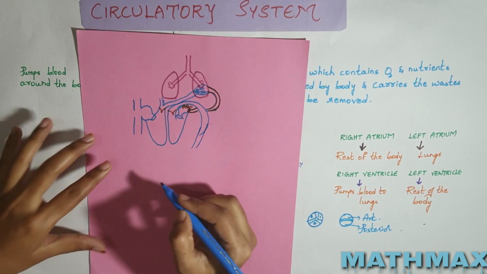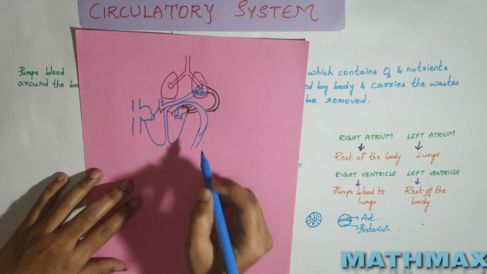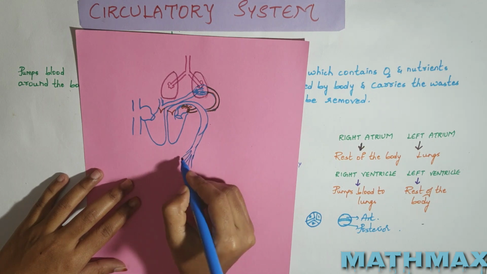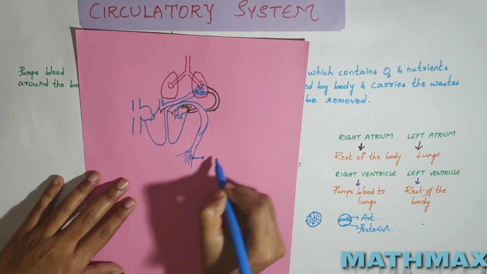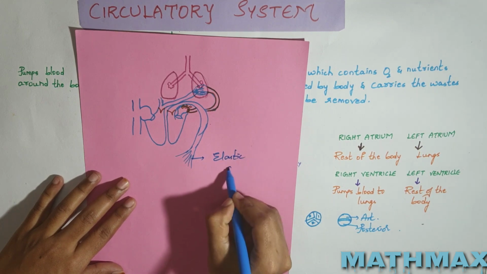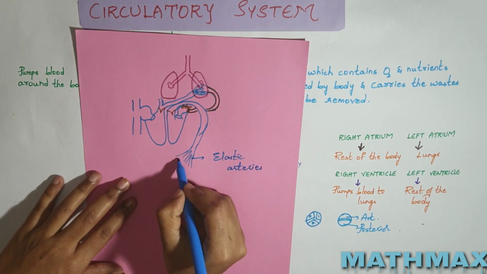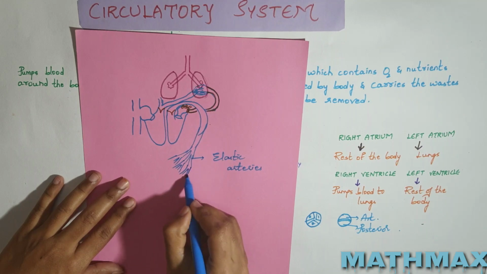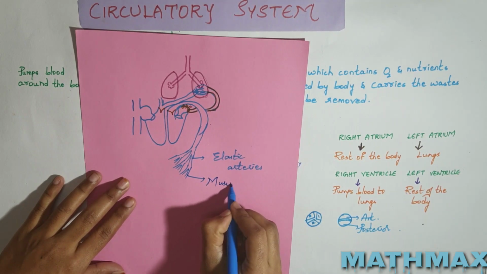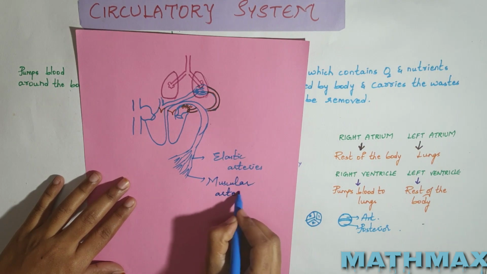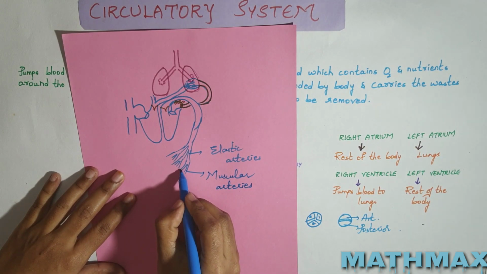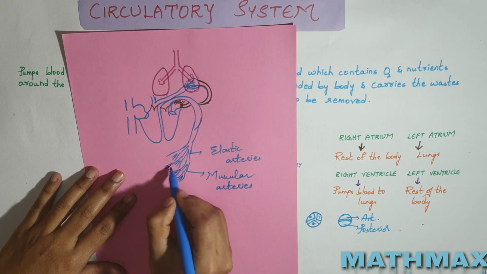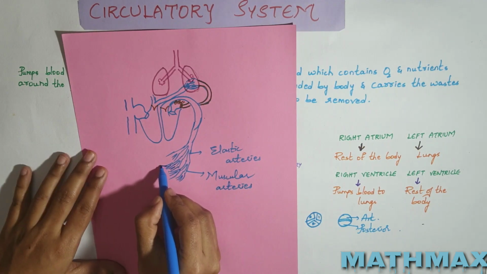This aorta gives its branches, consider this as elastic arteries, which further subdivides and gives arteries known as the muscular arteries, which further subdivides into arterioles, form a network